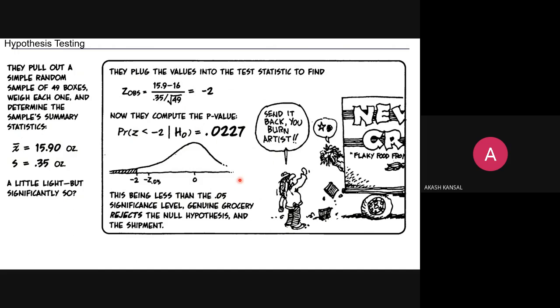Now if you see here, if your x bar was greater than 16, or let's say some value greater than this, probably 16.5, then this value would have been positive, right? And considering this value as positive, if it was somewhere here, then you would have looked at this area. And if you looked at this area, this probably would have gotten into your p value limits, and in that case you would be able to accept the null hypothesis, that is, accept the shipment.